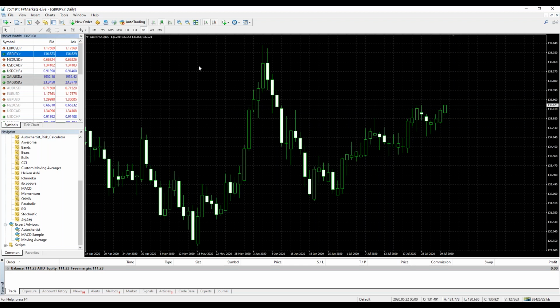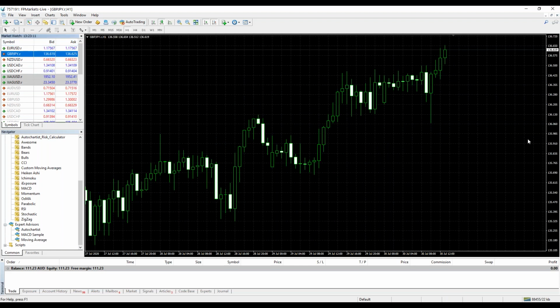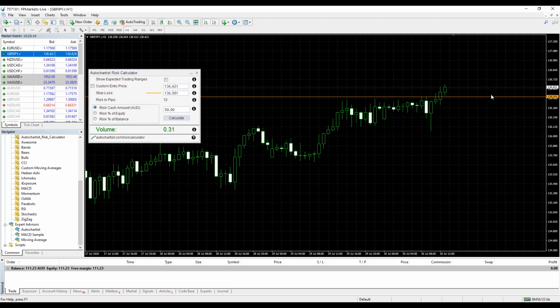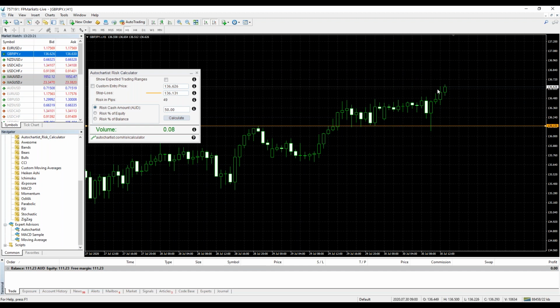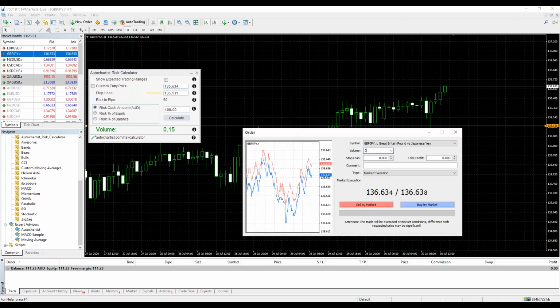What about GBP JPY? Let's look at the hourly chart in GBP JPY, right? So let's just say I want to trade GBP JPY and I want to set my stop loss over here, and I want to trade long. Again, let's say I want to risk $100. I can see that here I could trade 0.15 lots. So in this situation, I would trade 0.15 lots with a stop loss at 136.13. And if I buy at market, again, I would, despite the fact that it's two different instruments.